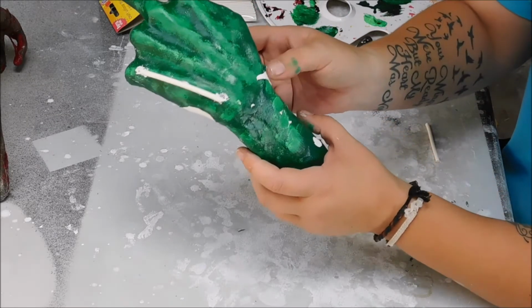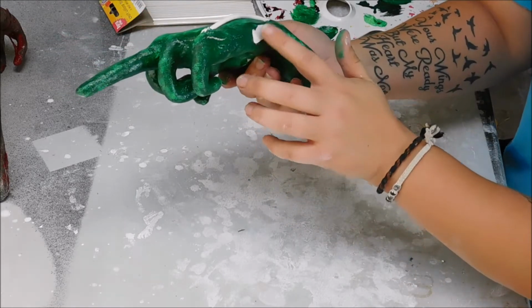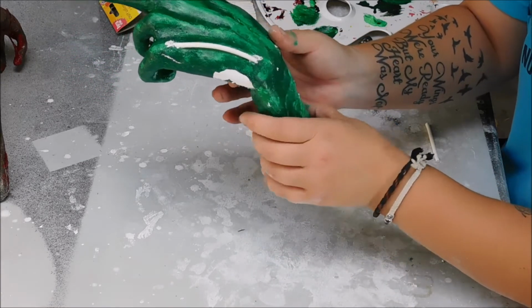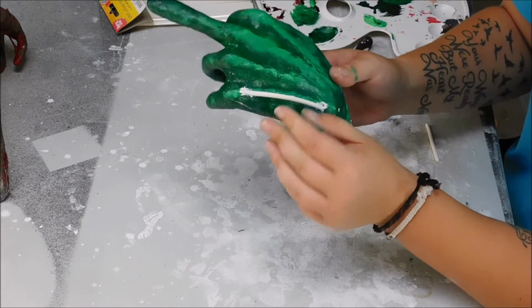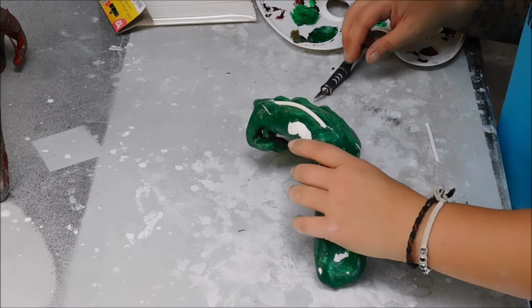See where the paint is actually peeling? I like to let that go because then we can put some red, turn them into swords. So that works pretty well. I'll just put the